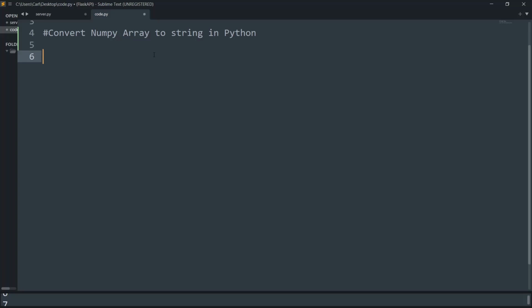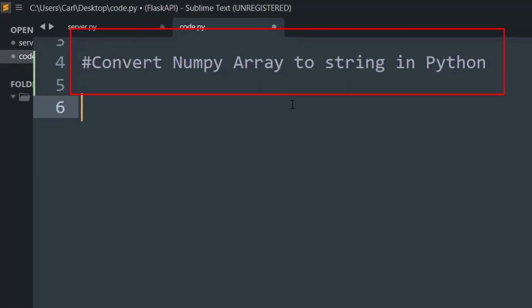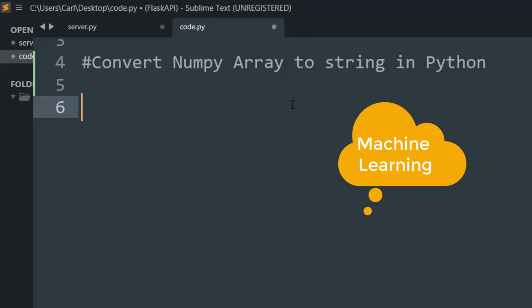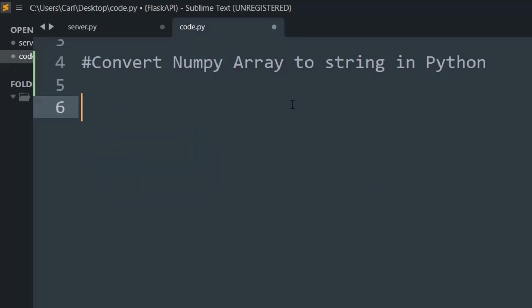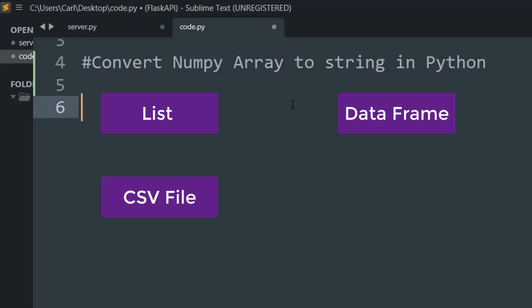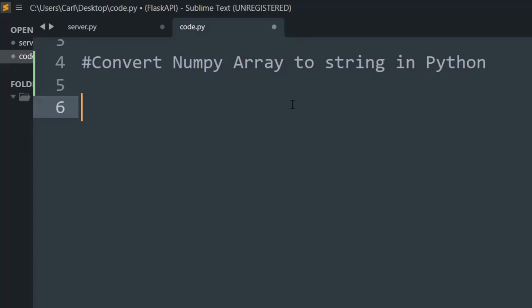In this video, we will talk about how to convert a NumPy array to a string in Python. As we know, NumPy is the most popular library in Python that is used for machine learning and many other machine learning based and analysis based projects. You can easily convert a NumPy array to various forms such as a Python list or a Python data frame, a CSV file, etc. However, in this article, we will see how you can convert a NumPy array to strings